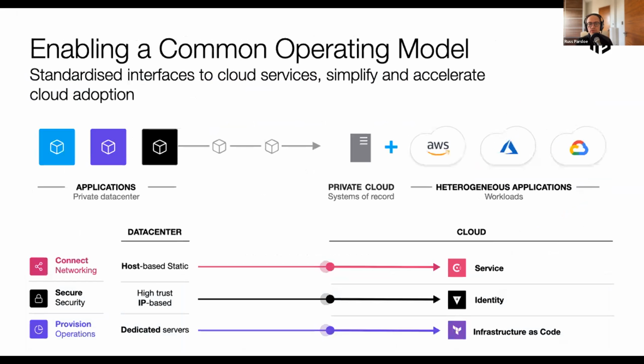Just in terms of some of the ways that we actually help customers. When I speak to people, they are trying to develop a common operating model. As I mentioned, some people are running environments on premise, some are in the cloud, but quite commonly they have a combination of both. One of the ways they're able to drive innovation is by having this common operating model across all of their different systems. People typically have come from a private data center, but now you have that private data center and you're using AWS, Azure, GCP, etc.